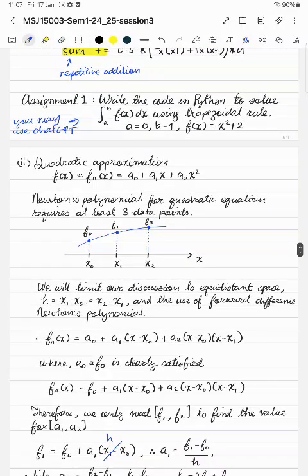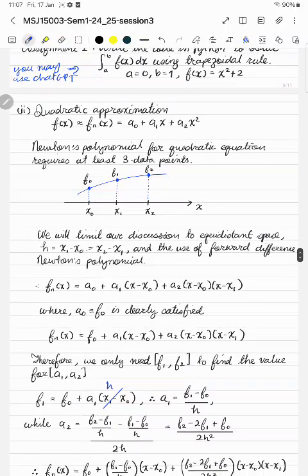So the idea is just an extension from the linear equation, where you just extend the Newton's polynomial from linear to a quadratic equation, and because of that, you're going to need at least 3 data points for the function